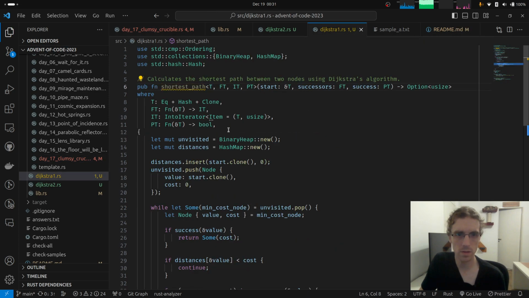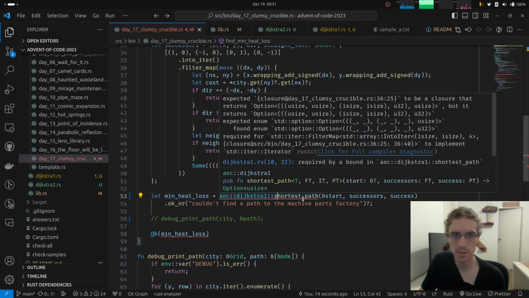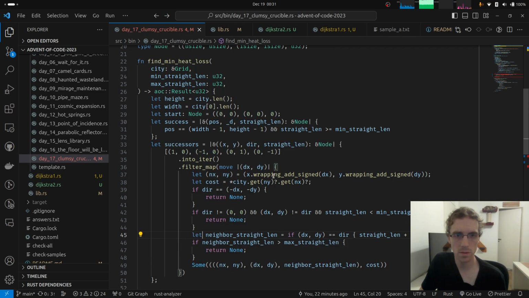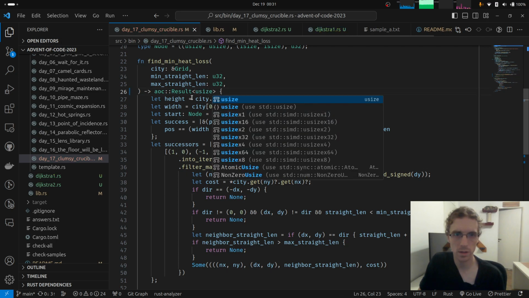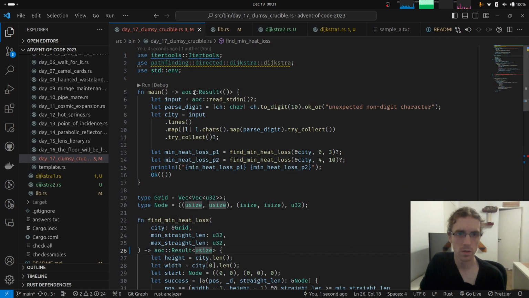That's because the cost can only be a usize. That's not parameterized here. So I guess that's what it's complaining about. It returns usize and u32. Sure. So don't worry. We're going to put usize where we care about. So those things should be usize.